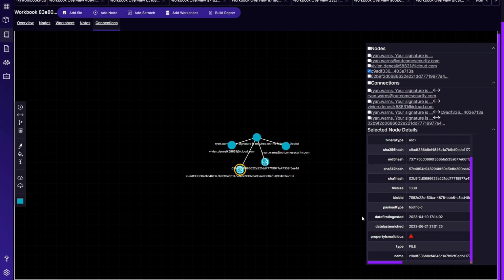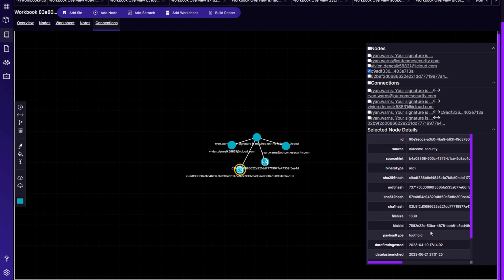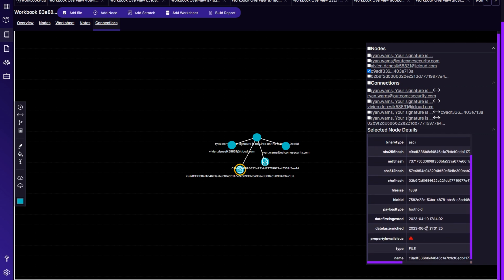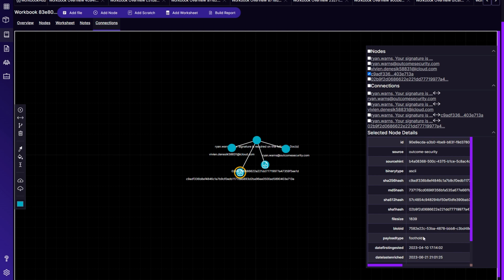So in addition to this, I think that we can safely say, assuming you trust Outcomes designation, you may want to look into this further, see if you can find it in VirusTotal or any other sources to confirm this assessment. But if we take it at face value, which of course we think you should, this hash is determined as malicious, so we can safely say that this email is an intended phish